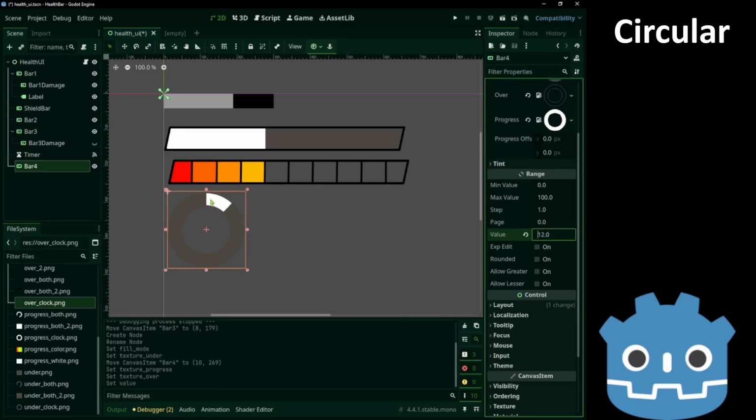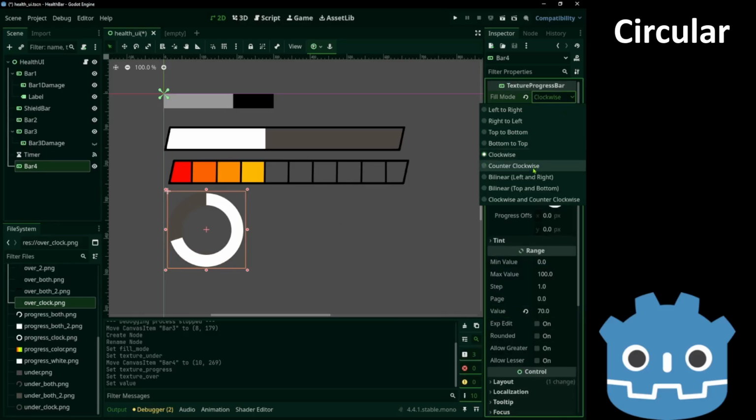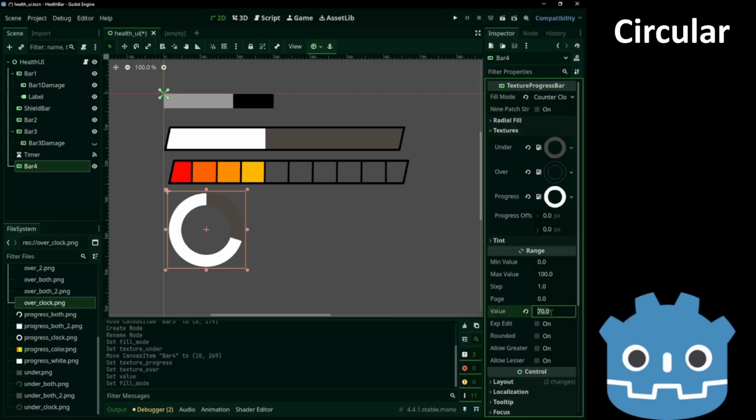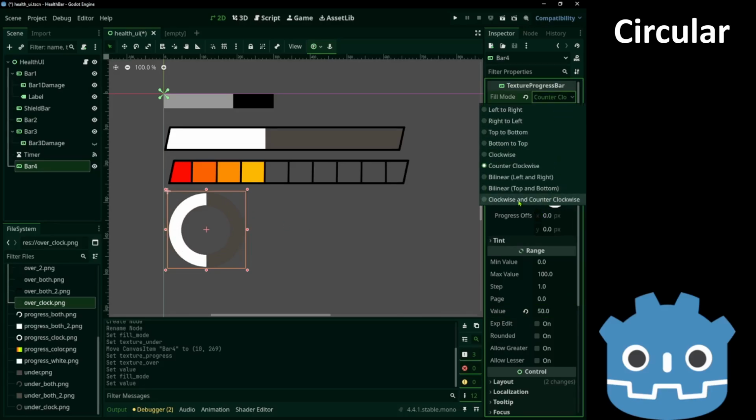Now if we increase the value, it goes in a circular motion. We can also set counterclockwise so that it starts on the other way around. And we also have both.